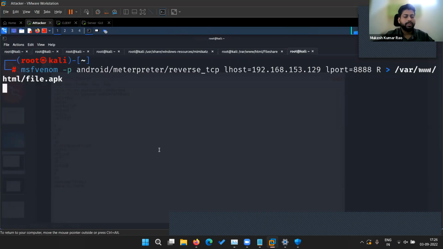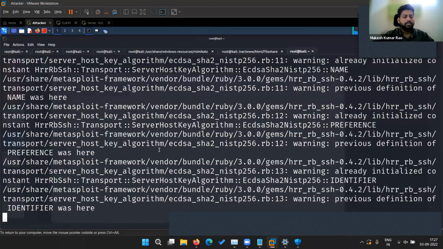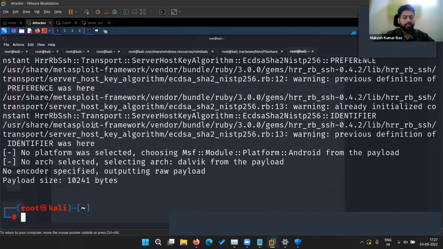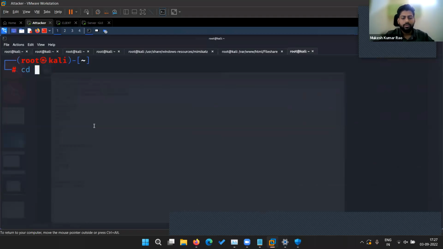So we got the APK file also. Let me check my IP address, it is in 192.1.2. Okay, so it is creating. Okay, the file is created. Great, no problem is there. So we can go to